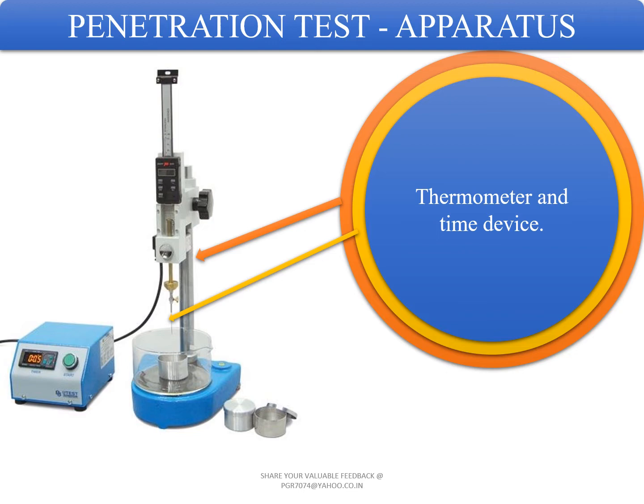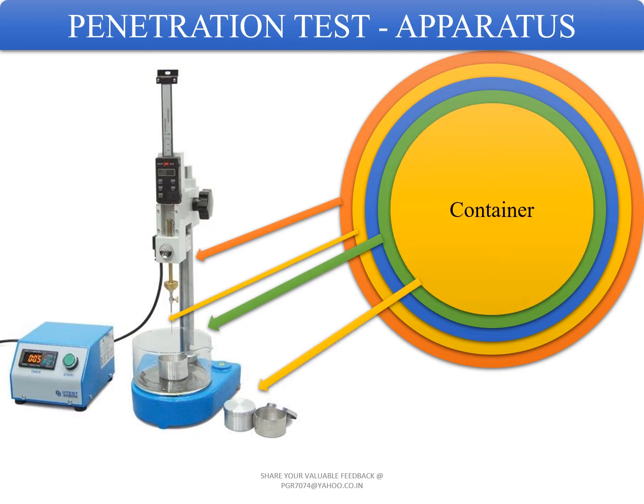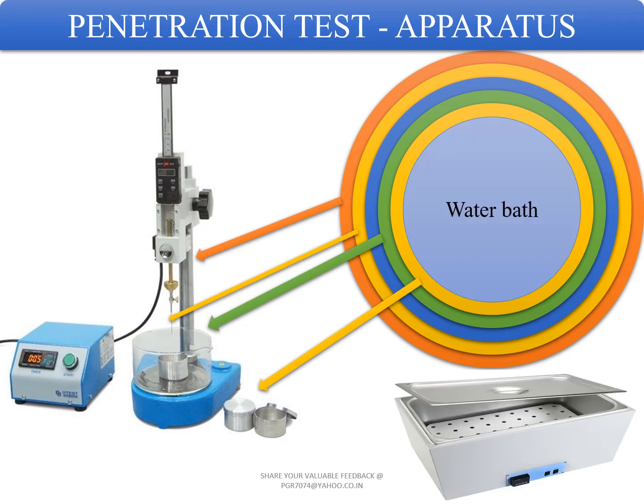Then a transfer dish, which will be a small dish or a tray provided with some means which ensures a firm bearing and prevents the rocking of the container, and of such capacity as will ensure complete immersion of the container during the test. A container itself, and then a water bath, preferably with a thermostat maintained at 25 plus minus 0.1 degrees centigrade, containing not less than 10 liters of water. The sample is immersed to a depth of not less than 100 millimeters from the top and supported on a perforated shelf not less than 50 millimeters from the bottom of the bath.